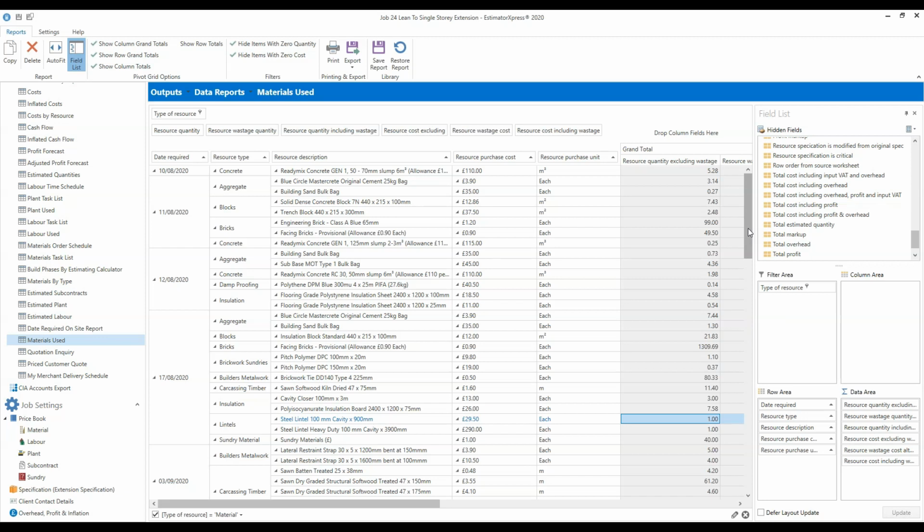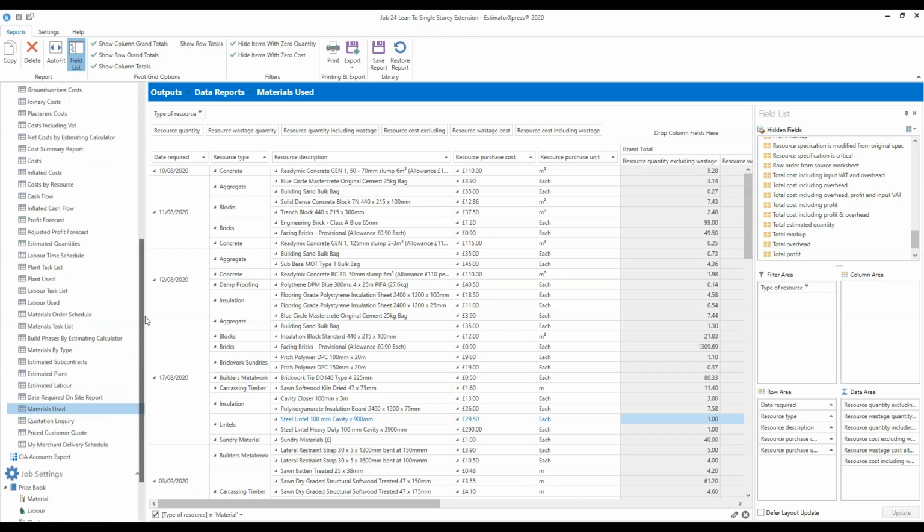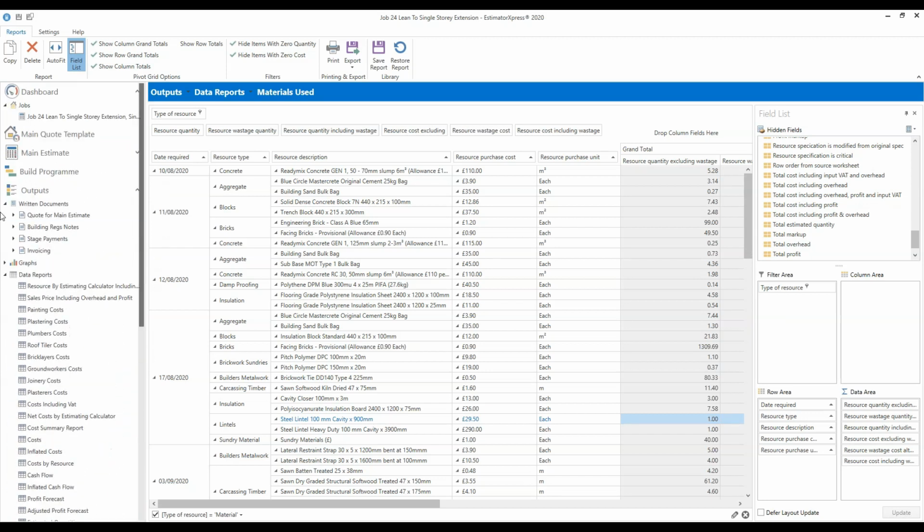Okay, so as I said, let's move on to the customer quote. That's the last section of today's training, but we do want to make sure we get through it. So if you scroll back up on the Navigator, within the output section, under written documents, we've got what we call the quote for the main estimate. So if you click on there,